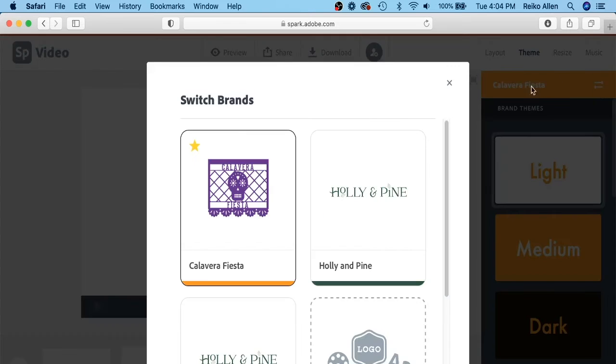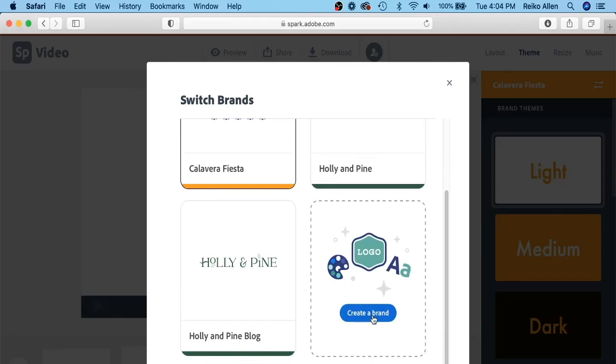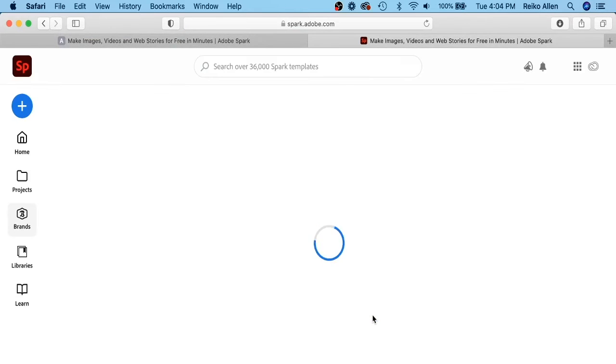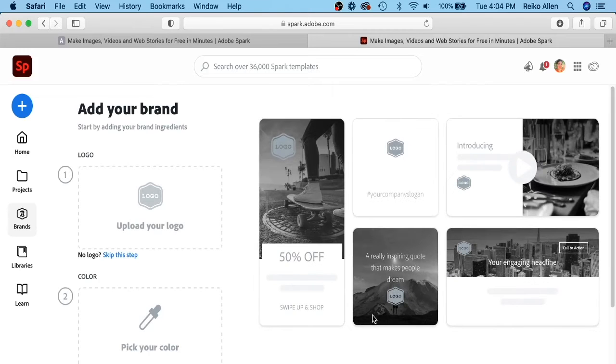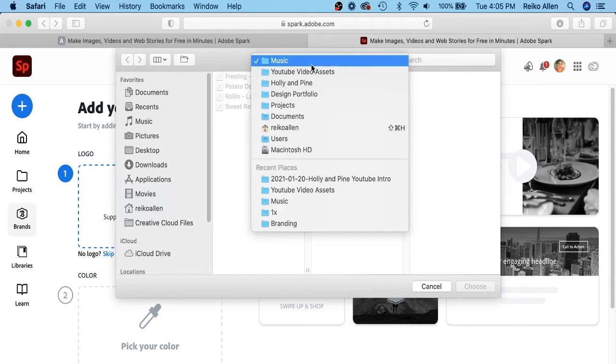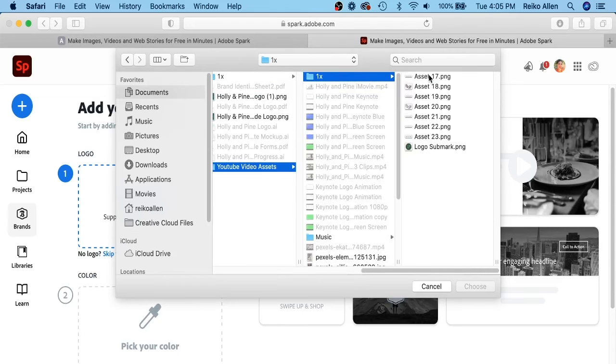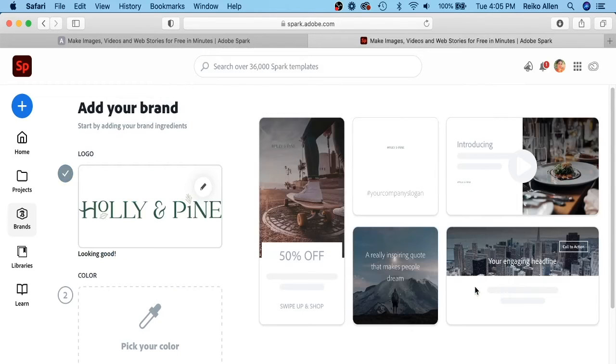So it has a really cool feature about adding brands if you have a subscription. And so this is what I did to kind of make the editing portion quicker. You go in, you can upload a logo, some colors, and some text or some typography. So here I am just adding in the logo. I pick the logo color,